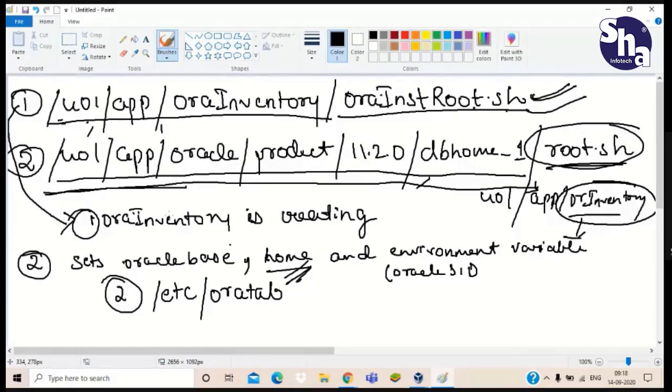It means it's a location where the database files are present. For a database, many files are created, such as the control file, redo log files, and data files where all data resides. For that purpose, one location is assigned to all the databases where all these files are kept. That information is also present in this oratab file with the database names as well. So that's why I have told you that this oratab file is a very important file. Clear? Any question?